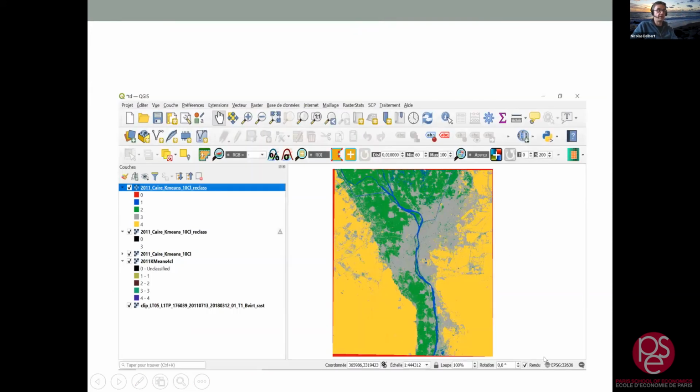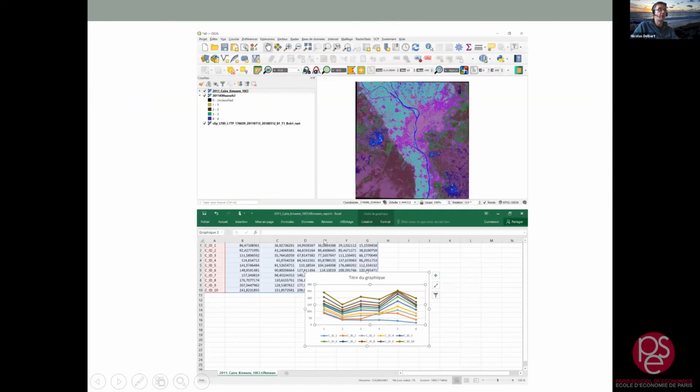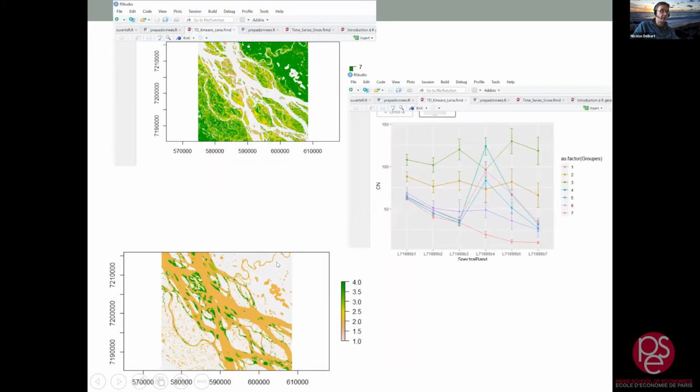So this example was taken from one example I have shown to the student in a Bachelor of Geography. If I need to do it for myself, or for a master degree, I will not use Excel. I will use R to make some maps. Then I can make exactly the same work.